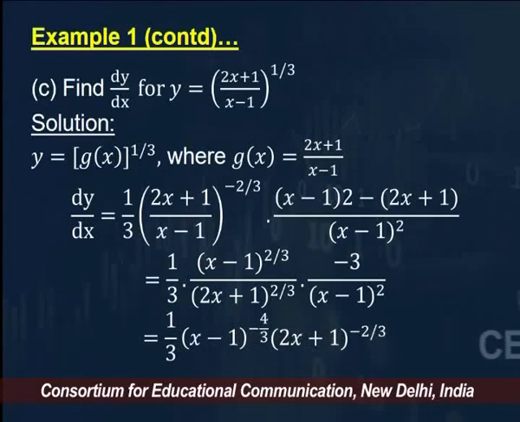The 3 here will cancel out the 3 in the denominator in the first term, and that then gives us (x minus 1) to the power minus 4 by 3, excuse me, this will be a minus 1. So, (x minus 1) to the power minus 4 by 3, because that's what we get when I subtract 2 from 2 by 3. 2 by 3 minus 2 will be minus 4 by 3, times (2x plus 1) raised to the power minus 2 by 3. So, I hope these examples give you a sense of things